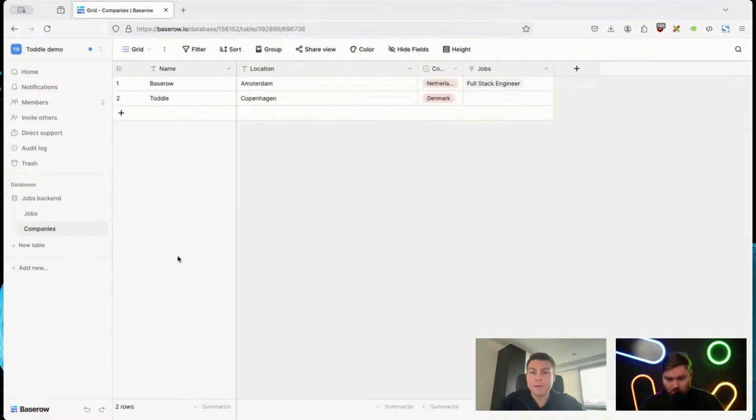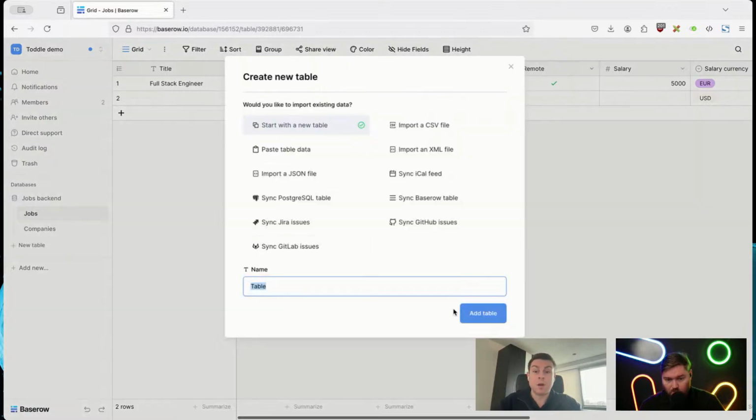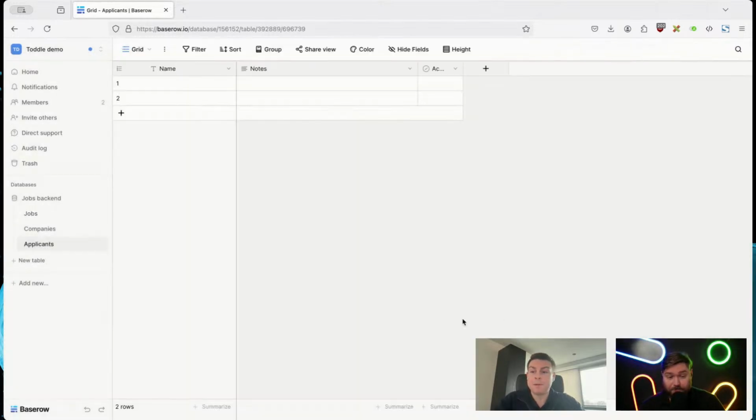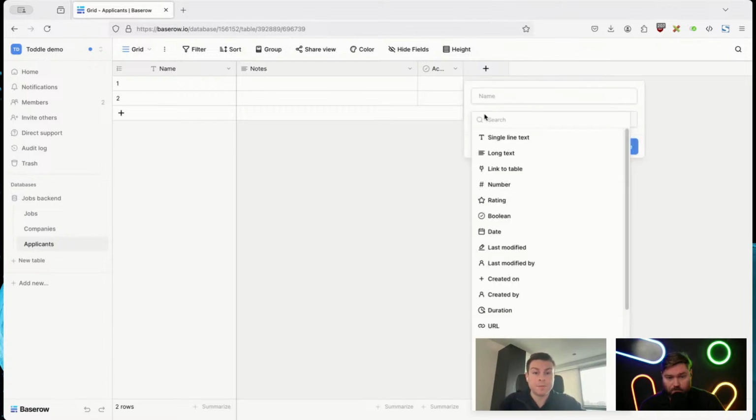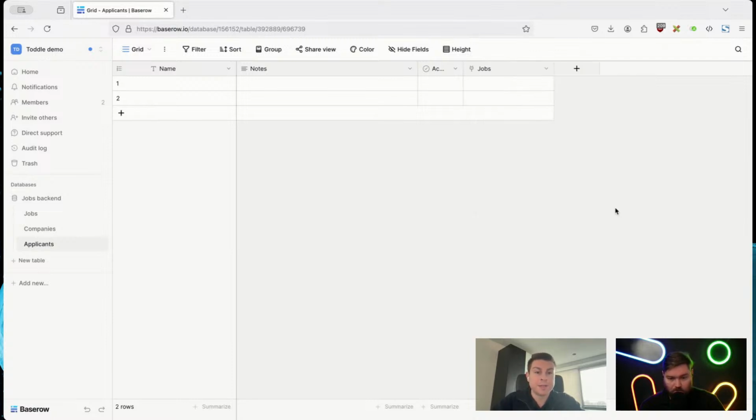Some other powerful capabilities in Baserow: because this is all data that we want to expose publicly, but maybe you also want to work on the applicants internally in Baserow. So if I create a new applicants table, this is also something that we could link to the jobs table. So I could say link to another table, to the jobs table, but I don't want to make the reversed relationship because we don't accidentally want to expose that data later on. But it could be that Bram, for example,